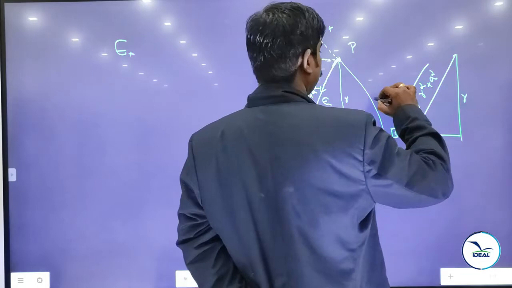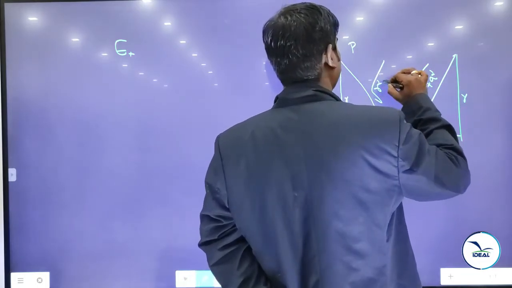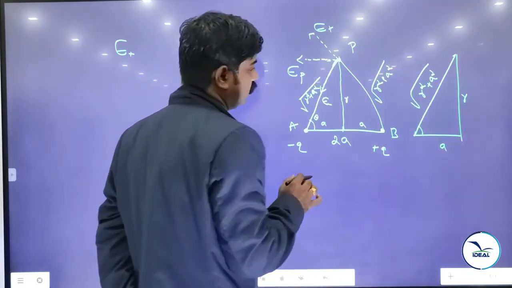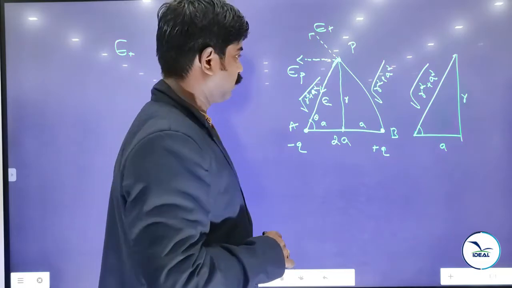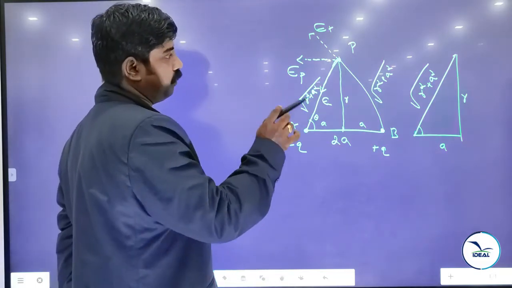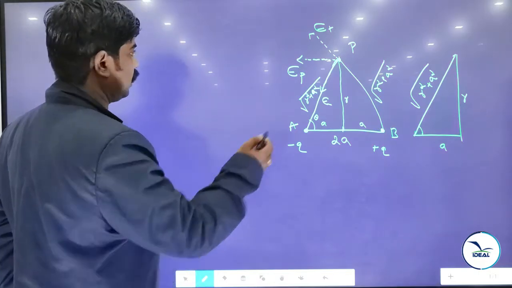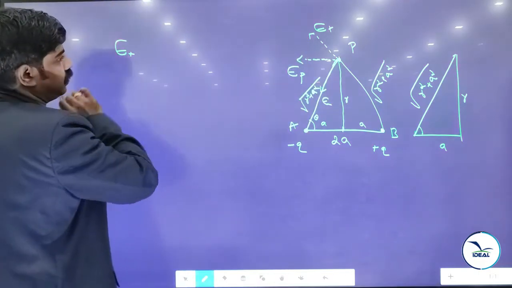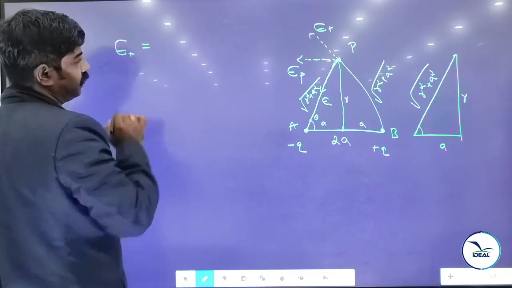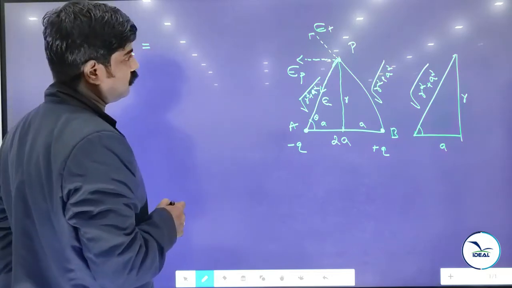So this is also the same, that is root of R square plus A square. So the distance AP is root of R square plus A square and distance BP is also root of R square plus A square. So we can write E plus, that is this E plus is equal to, we are considering the magnitude. So E plus is equal to